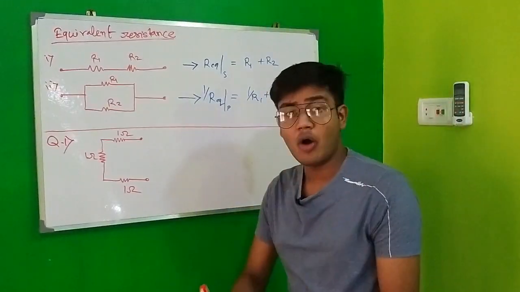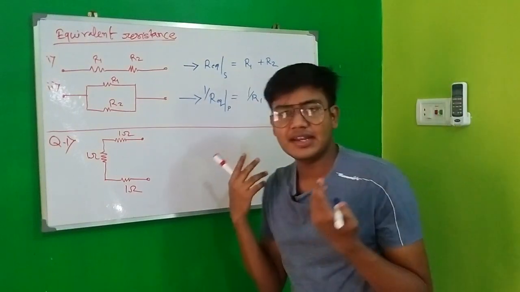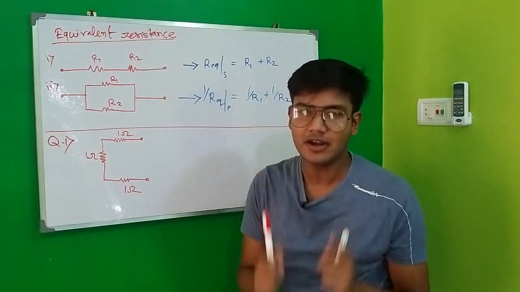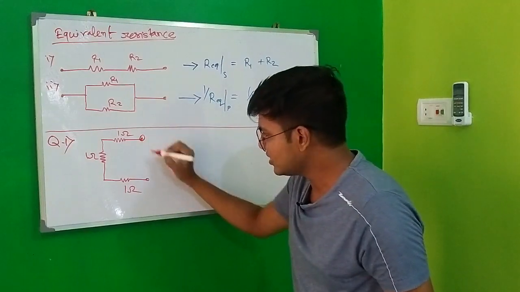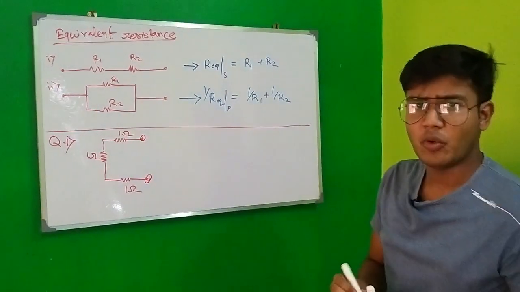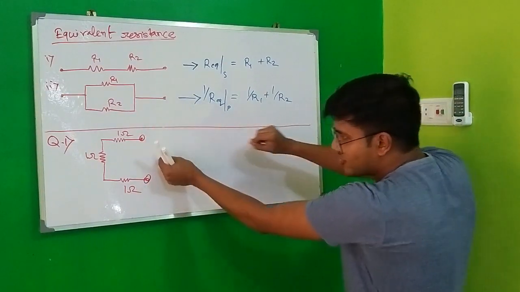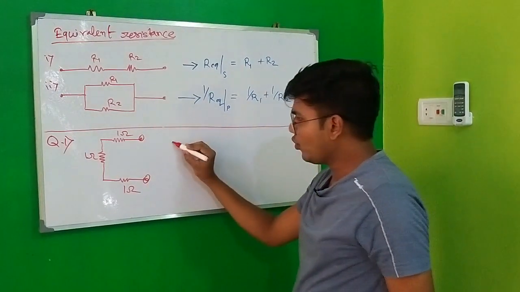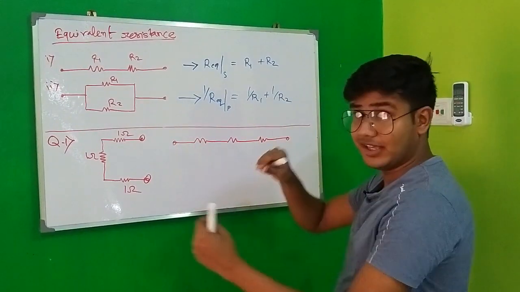Okay, so the first question given to us has 3 resistors, 1 ohm each. How will we solve this? Is it a parallel combination or a series combination? We have to figure it out. Always check from the terminals. Suppose you take this terminal and stretch it, it will look like 1, then 2, then 3 after stretching it.